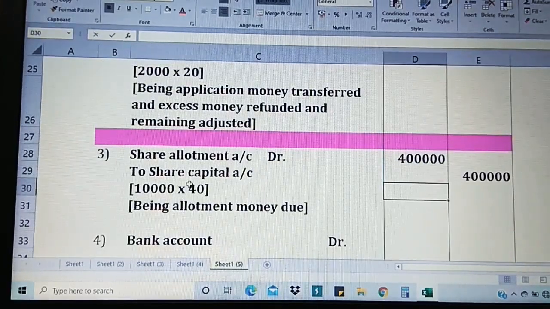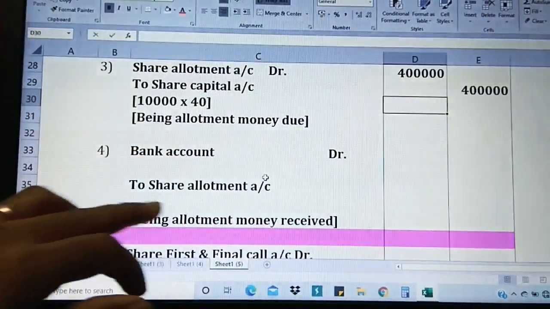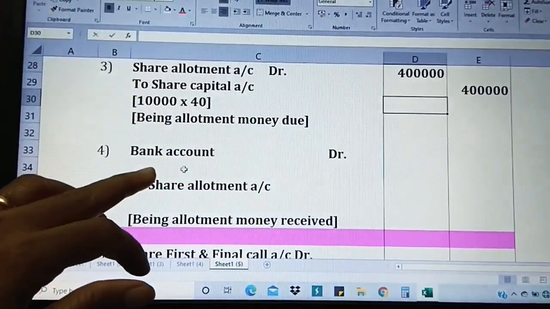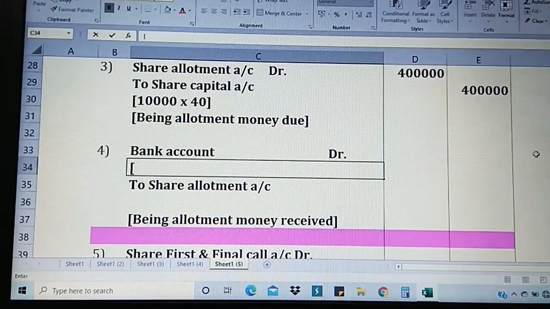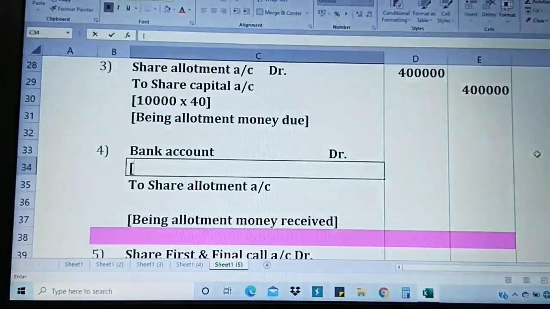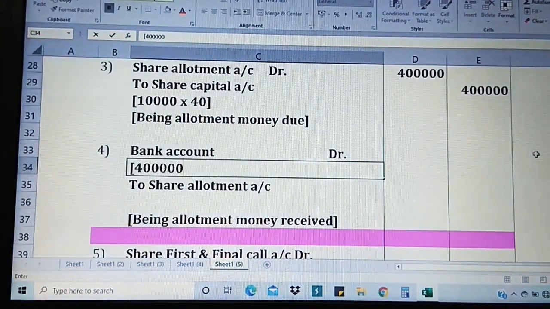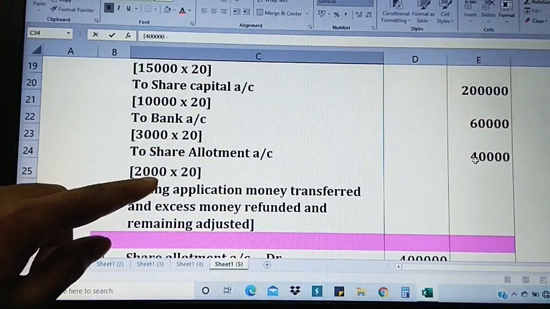Observe. Now let us go for the next entry, the receipt entry: bank account debit. You have to know how the entry goes. Receipt entry of allotment will be bank account debit to share allotment account. Here I have left a line space because we have an adjustment. Now let us take up how we are going to calculate here. What is the share allotment due money? 4 lakh, right? Consider that, minus, could you all find that there was something being adjusted? The application excess money, 2000. What is the value of that?